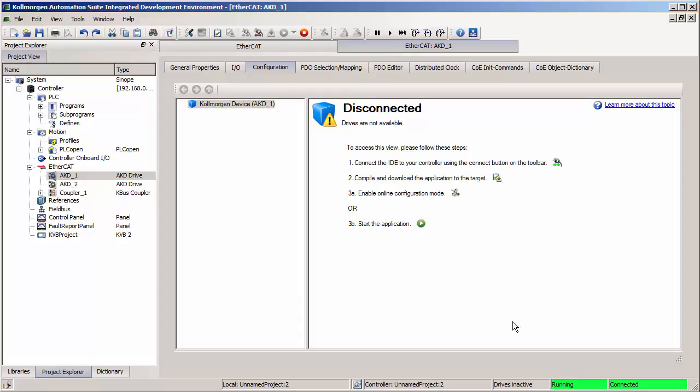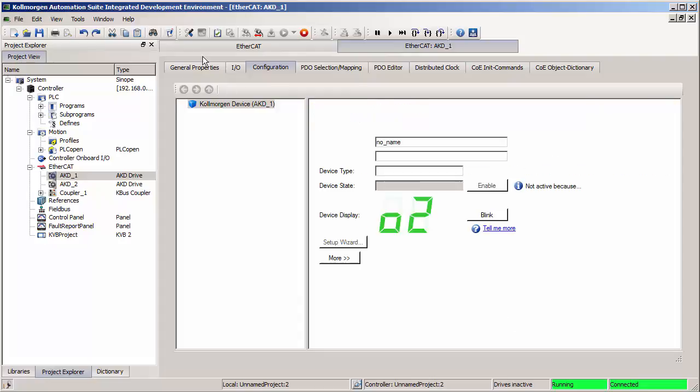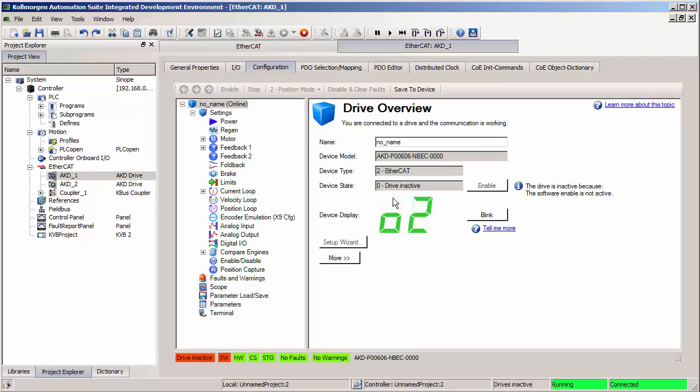So once EtherCAT gets up and running, the controller can communicate to each AKD drive and in turn communicate to the KAS IDE software, and these screens will automatically pop up. Now these are the same screens that you can access through the separate AKD Workbench GUI, but the benefits of doing it through the KAS IDE, beyond having to install a separate piece of software, is you don't have to